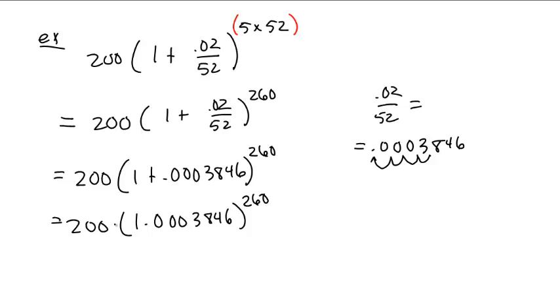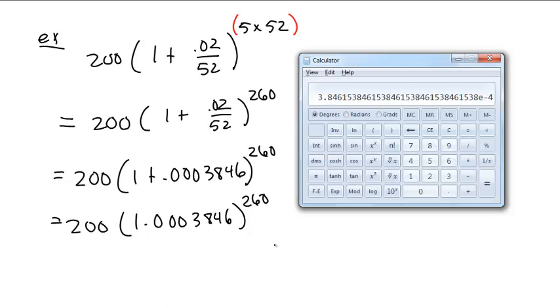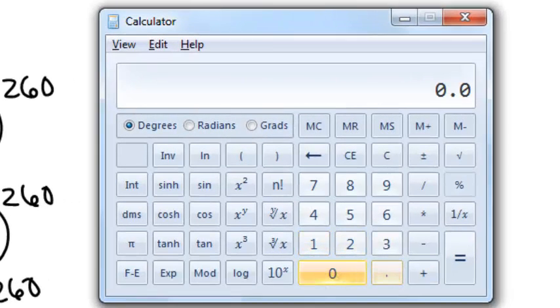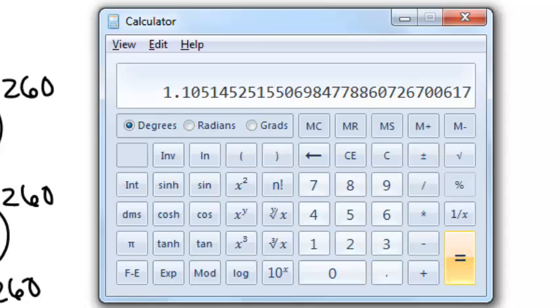What comes first? Please excuse my dear Aunt Sally. E comes before M and D. We do the exponent first. So we have to say, what is 1.0003846? This is another common source of mistakes. I've done it already before. You thought you hit a button and you didn't really hit a button. Then I have to use the raised up button, and then 260. See, I didn't hit the 6. 260, look at it, make sure it's what you want, equals, and then